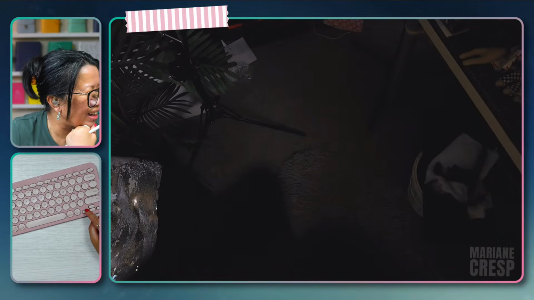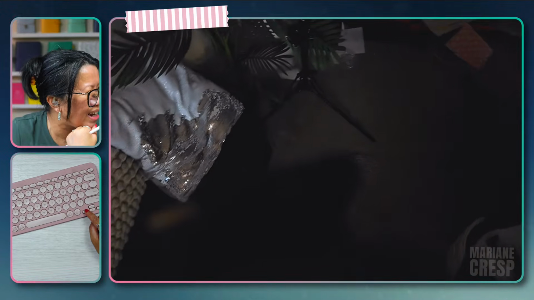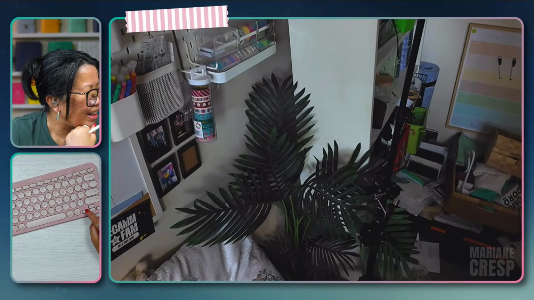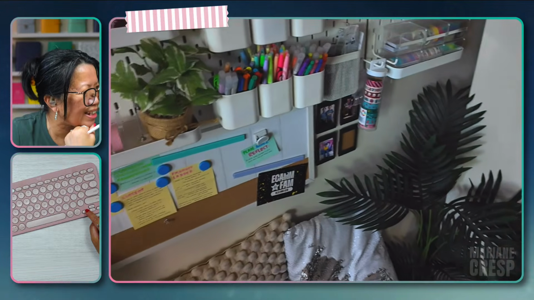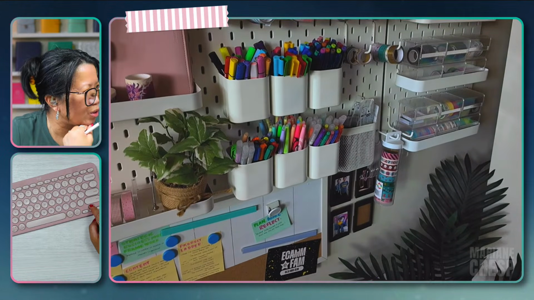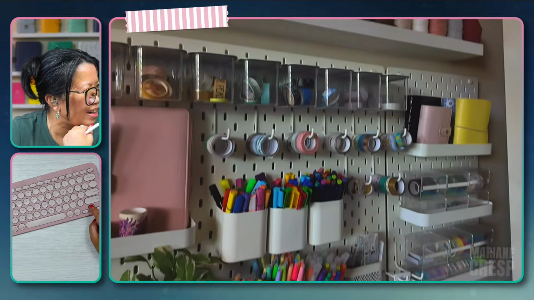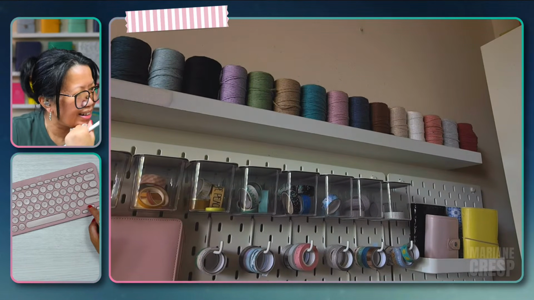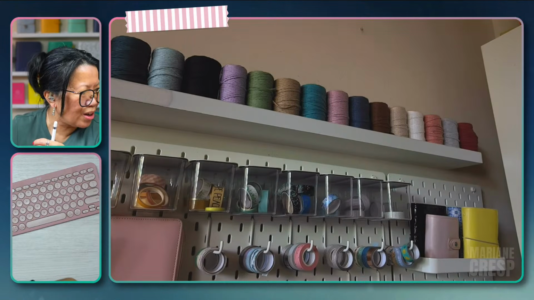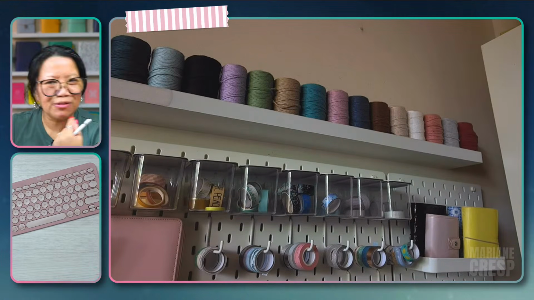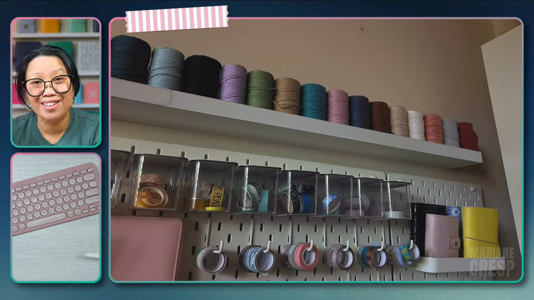And so there's the camera stand. And then I like this little area here, my little, what do you call it? Scadus pegboard from IKEA. I think that's as far as it pans to the left. And then see all of this, that's my macrame yarn that I wanted to use to do all these different hobbies.